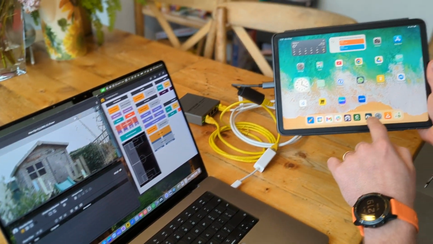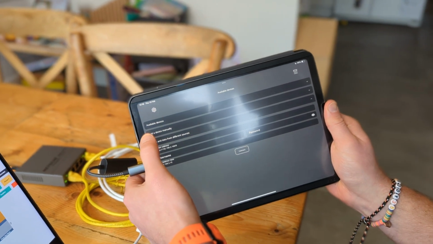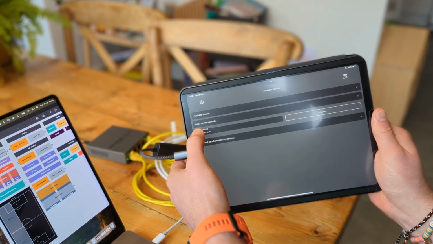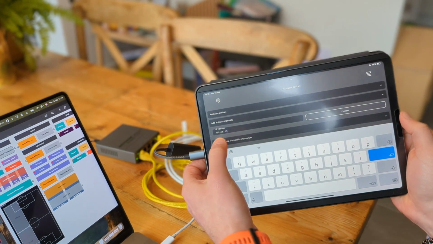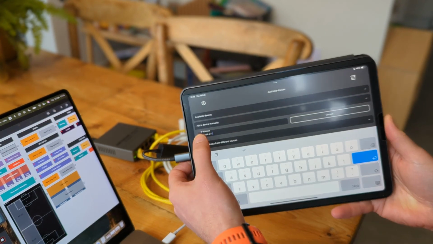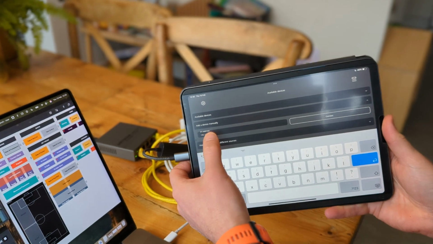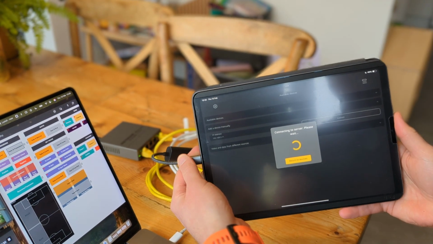Then on our iPad, we open up Nacsport Live, and because we've got static addresses, we need to go to the option of add a device manually. Now in this setup, my iPad had a fixed address of 192.168.2.11, sorry, my Mac. So that's the address I'm connecting to. I press connect,